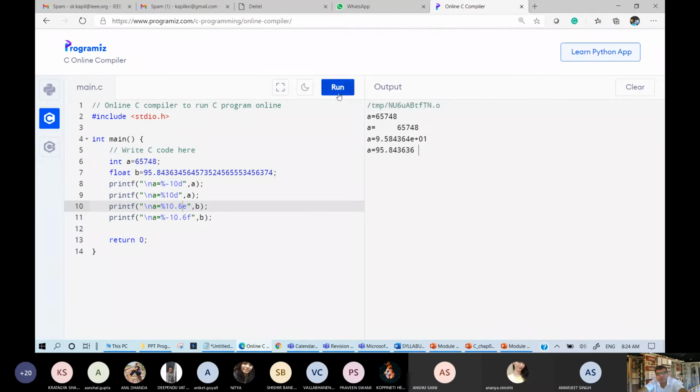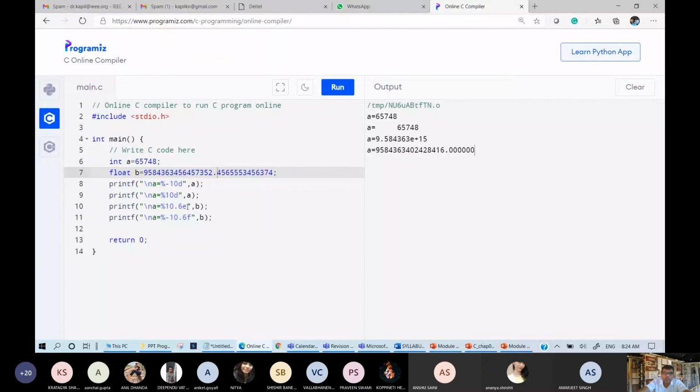Now this is our scientific notation, 9.5 and so many digits are there into 10 to the power, because only one decimal has shifted. Now let me delete this decimal point and put it somewhere else. Now you can see the answer is in terms of 10 to the power 15, and similarly here also it will be given.